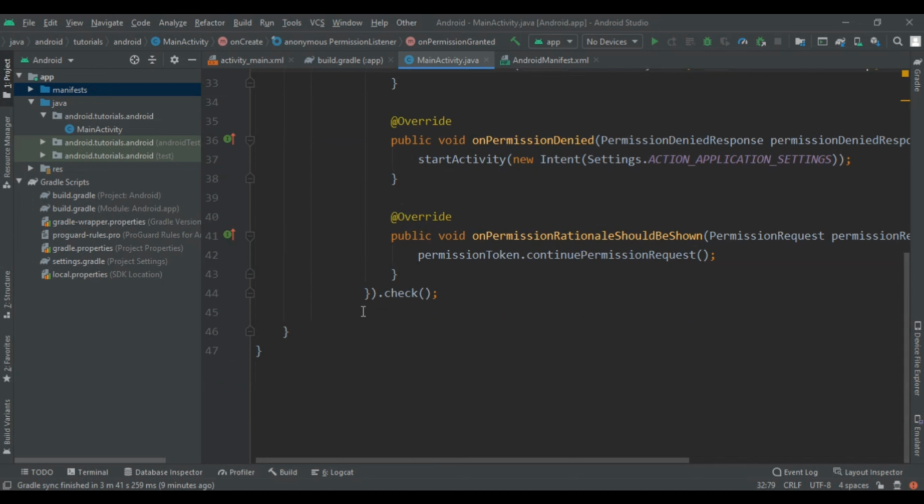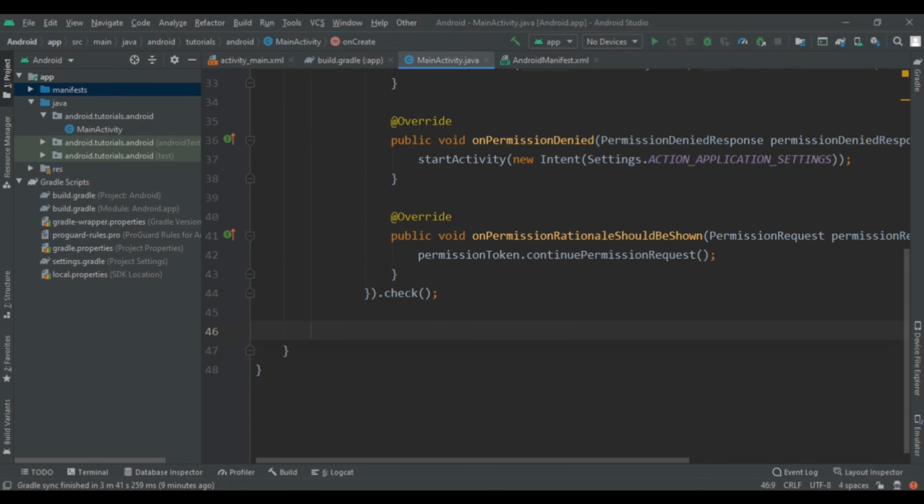Now there is some time, so let me show you how we are going to add an alert dialog. By the way, I have explained this alert dialog in many videos. Here we are going to create one new button. Button is equal to, first we are going to write the text view.